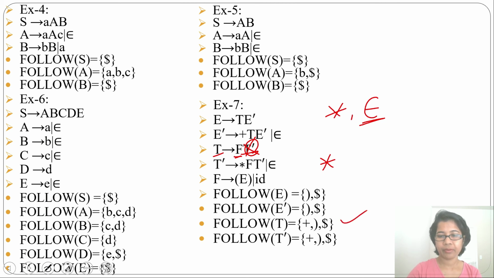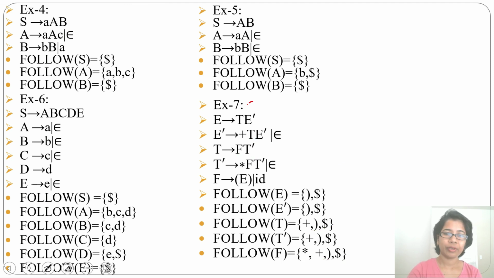We already found it. It is plus, end bracket and dollar. So follow of F will be multiplication, plus, end bracket and dollar. Multiplication is due to first of T dash, and plus, end bracket, dollar come from follow of T when this is epsilon.